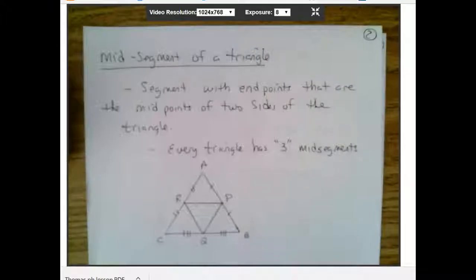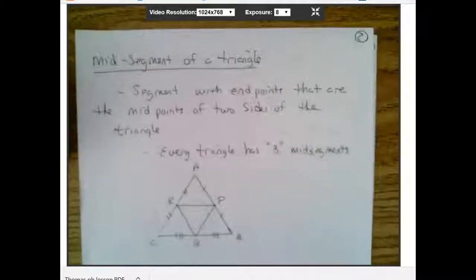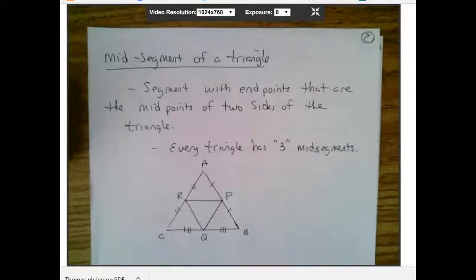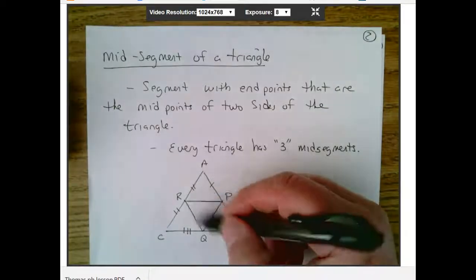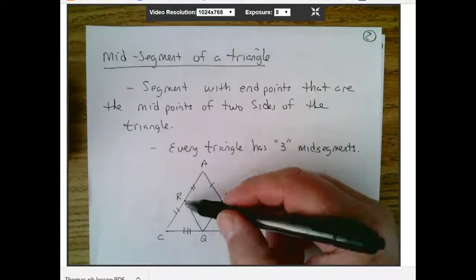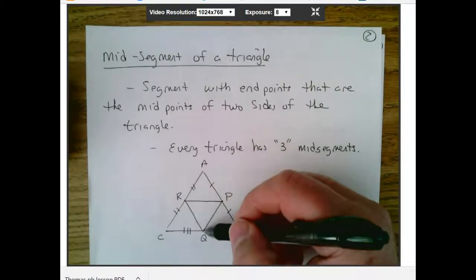So let's add some more here. This is one where we started doing vocabulary, and this is the mid-segment of a triangle. First of all, what's a mid-segment? A mid-segment is a segment with endpoints that are the midpoints of two sides of the triangle. So here we have a triangle A, B, C, and then we have three of these segments here. We have our Q, okay, and it goes from one side of the triangle to the other, and you see